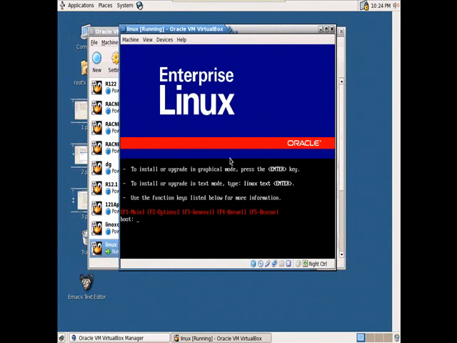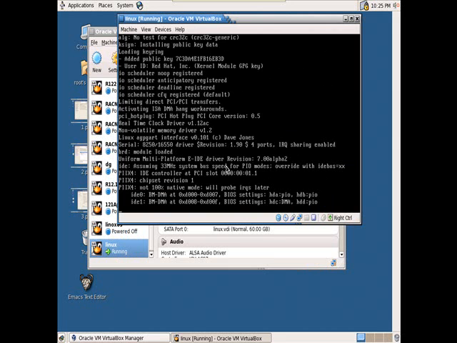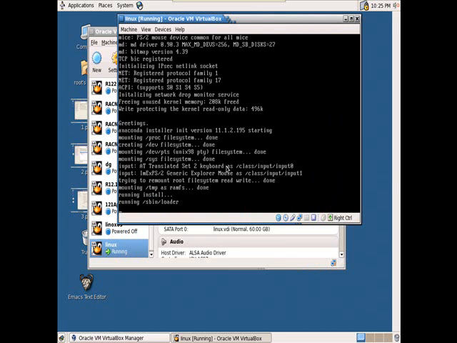So it is asking in which mode you want to install the Linux operating system. If you want to install in graphical mode, just press enter. If you want to install in text mode, then you should give linux text and enter. Okay, I just want to install in graphical user interface method. Graphical user interface method means a window will appear, click on next, another window will appear, click on next, in that format. Okay, now